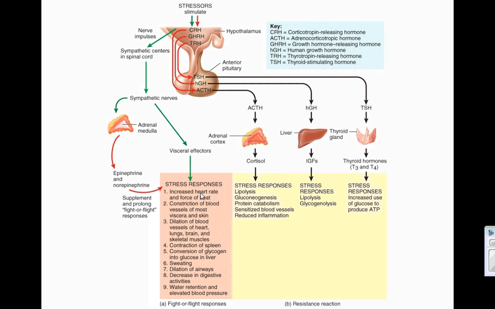Here on the final page, we show just how complicated this stress response is. We have the immediate fight or flight response with all the different things that occur there, mediated by the sympathetic nervous system, which, as we know, activates the adrenal medulla to release epi and norepi, but also just the sympathetic nerves that actually directly innervate the various things in our body. And then after that, the resistance reaction, where we release cortisol, human growth hormone, which then causes IGFs to be released, TSH, which results in T3 and T4, and all those do their thing, all aimed at increasing ATP production so that we can